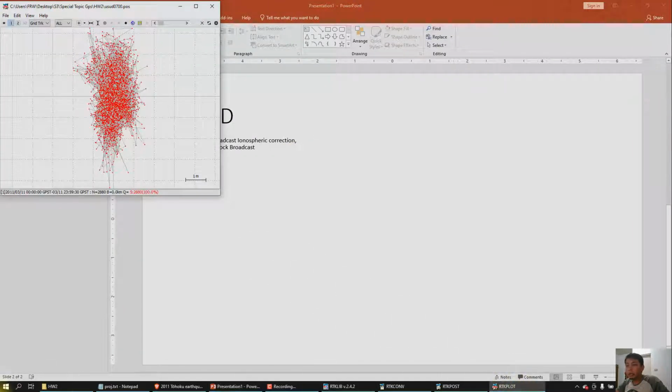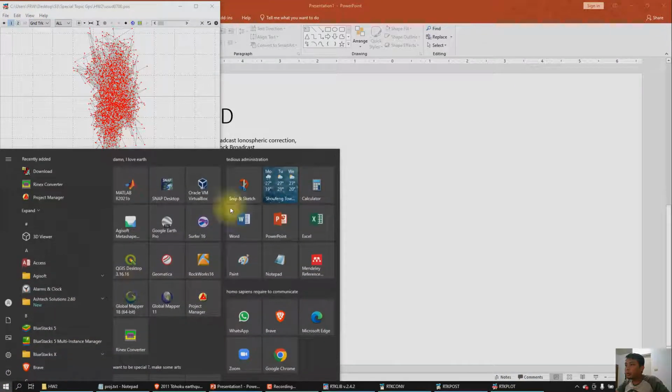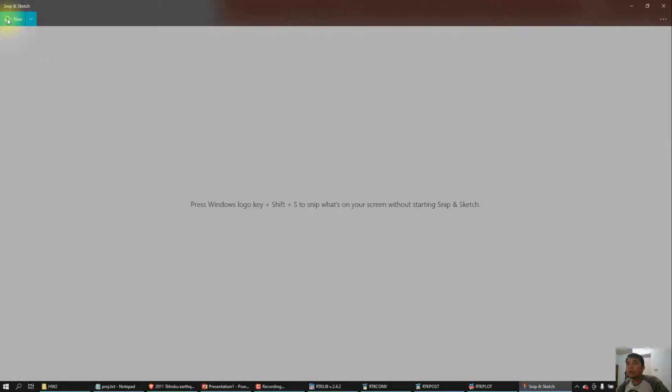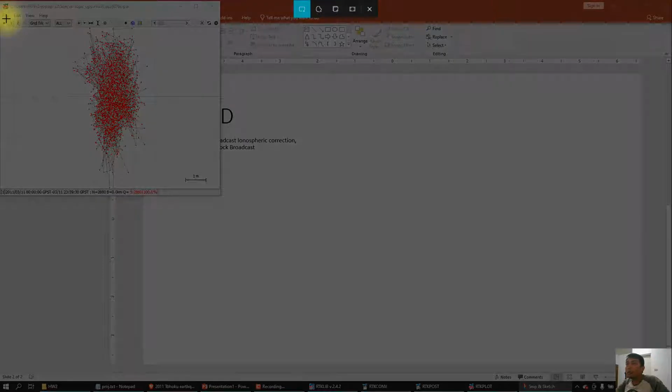And yeah, the RTK plot we need to capture and put into our report.